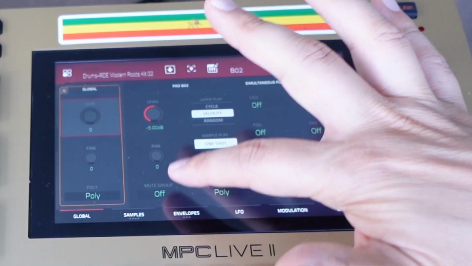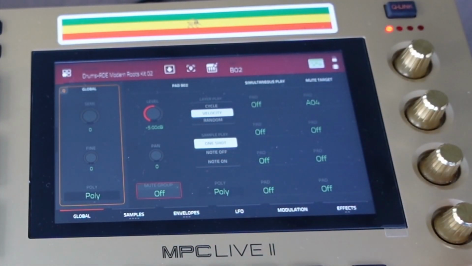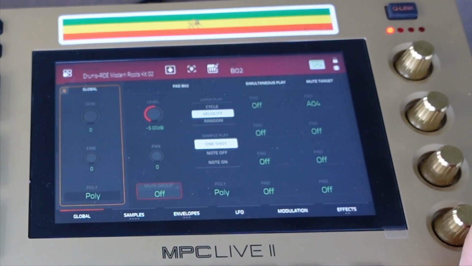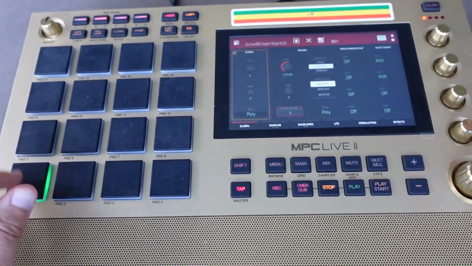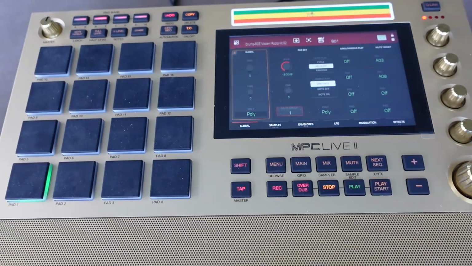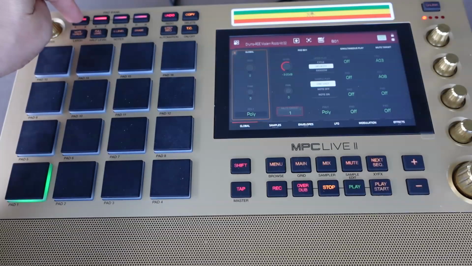Yeah, and now mute group is off on pad 2, on pad B2, because I have copied over the pad, so I should do this always after. So now it is cutting off the way it should be. And the other drum sounds I can just copy over. I go back to pad bank A